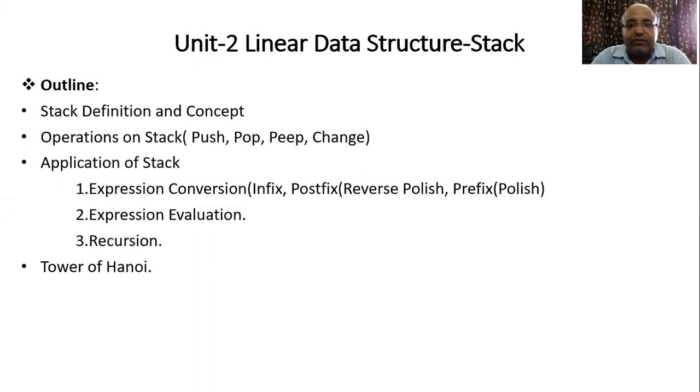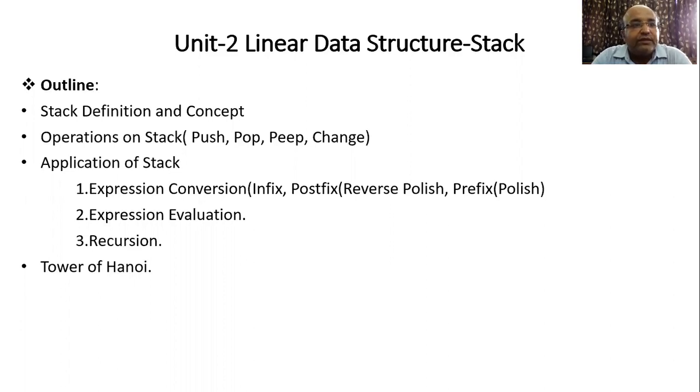Okay. So now this is one more category of a linear data structure. You people are aware of what exactly a linear data structure is. A linear data structure is one in which your elements are arranged in a proper sequence. Like if we are talking about an array, all the elements are stored in a proper sequence. The first element will be stored at index 0, then the next element will be stored at index 1. Similarly in case of stack, the elements are arranged in a proper sequence, but not like an array. Correct? Here it follows some different manners.